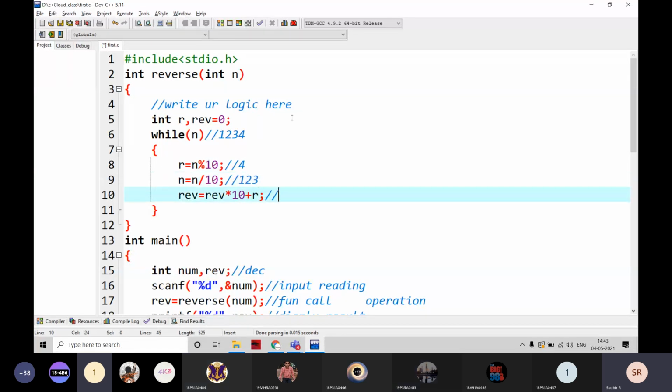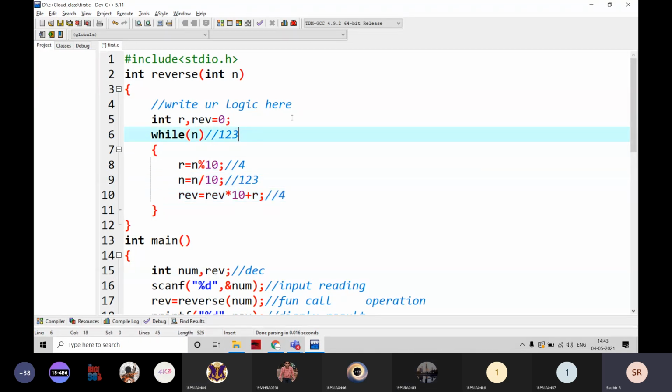Then coming here, what is the REV value initially? 0, sir. 0 into 10 plus R, 4. Then it becomes 4. Now it is going here. And while 123 is true or false? True, sir. Then coming here, the R value is going to be 3 and the n value becomes 12.